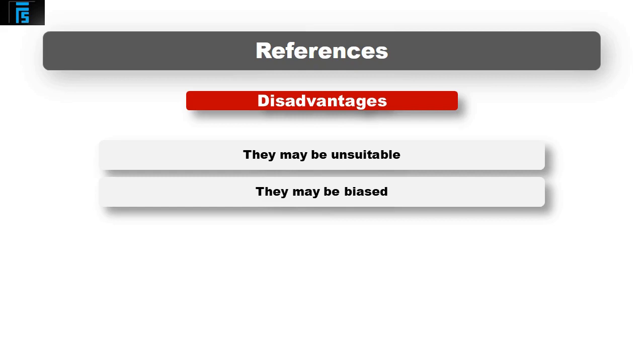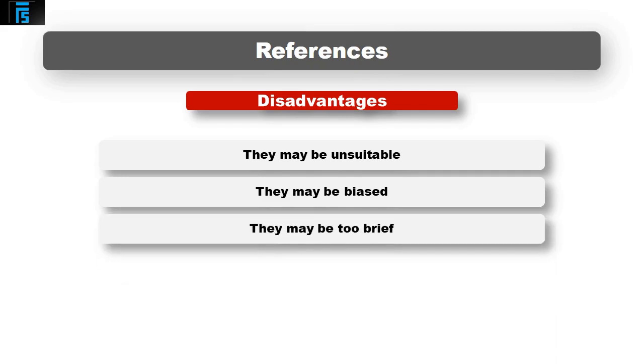On the other hand, you might have got a very good worker, and perhaps the company don't want to let the worker leave because they're so good. They don't want them to go, in which case you will also get a bad reference. You'll get a bad reference the second time because people want you to think that's a bad candidate, we won't employ them, because that way they can stay where they are. And finally, they may be too brief.